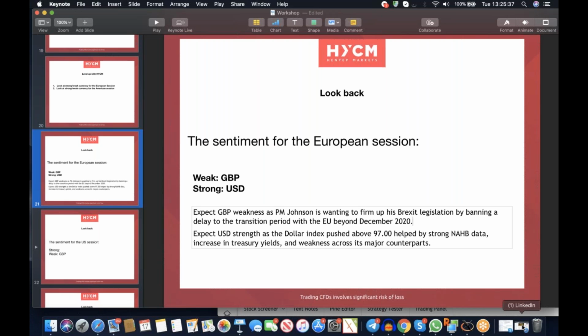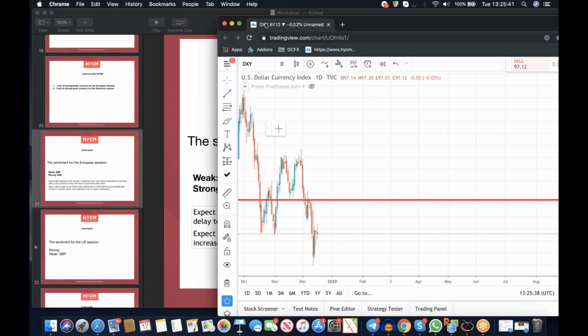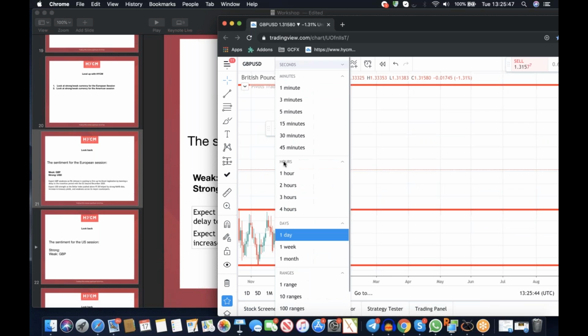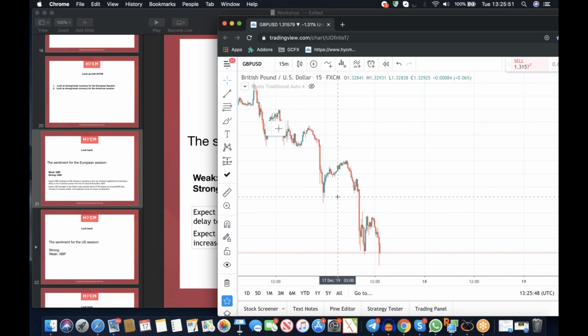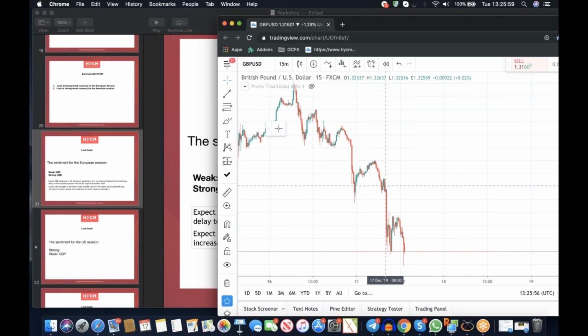So that's why, looking at the charts, I went to pound US dollar, and I was looking at selling the pound US dollar this morning on pullbacks. Price didn't pull back deep enough to where I wanted it to go, and I wasn't entering at market. So that was my outlook for the pound this morning.